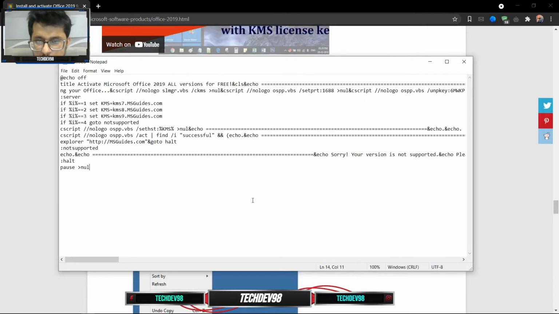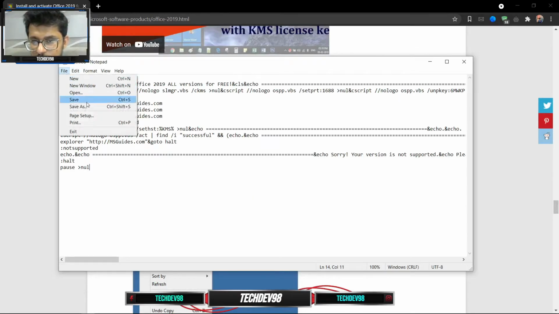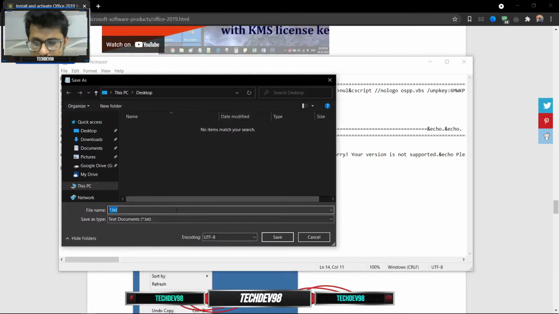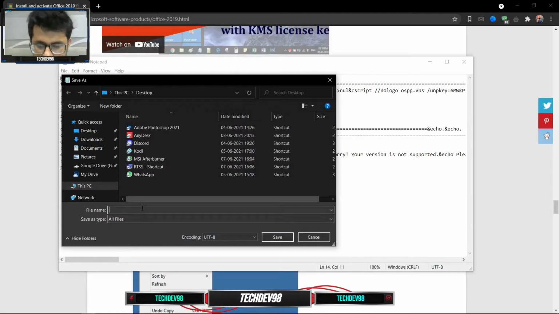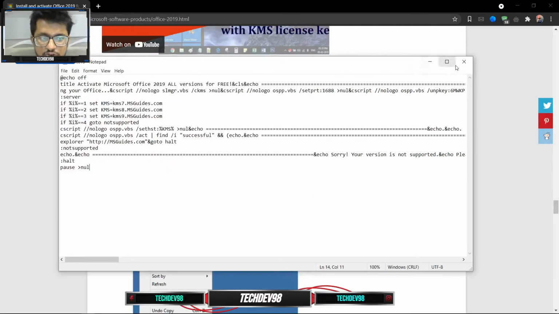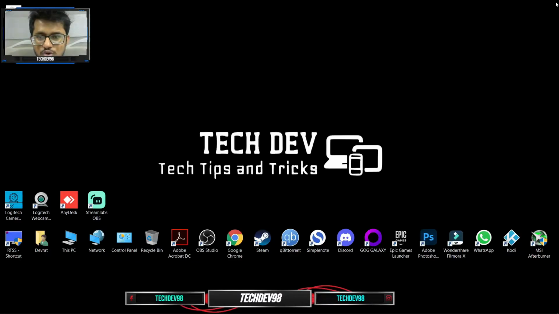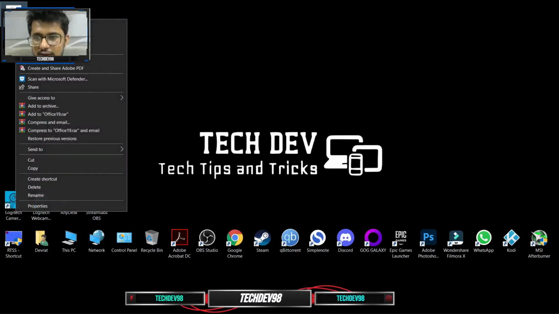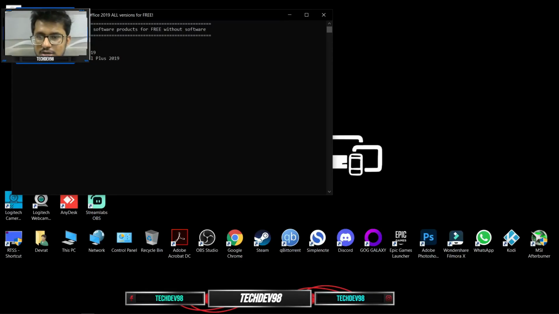I'll click on Notepad, I'll just paste it. Now we'll just file and you will click on save as. Under save as, we'll just go all files and here we'll type office19.bat and we'll just click on save. Now we can just close this, and now you right click, run as administrator, and here it says supported products